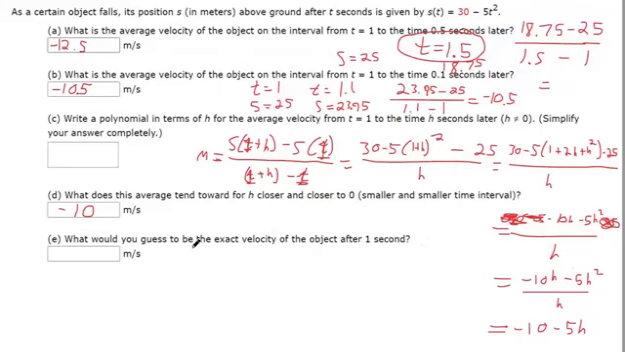What would you guess to be the exact velocity for the object after 1 second? Oh, at that instant, at t equals 1, we're guessing negative 10. I don't know what the difference is between those two, but